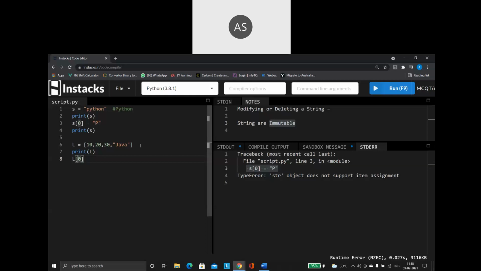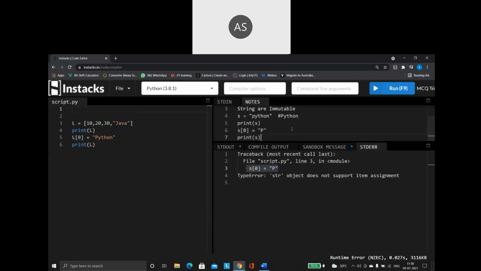So L of 0 is equal to Python. After this, I'm again printing the L value. Once again, I am printing the L value. So this is going to create an error? Let us see.